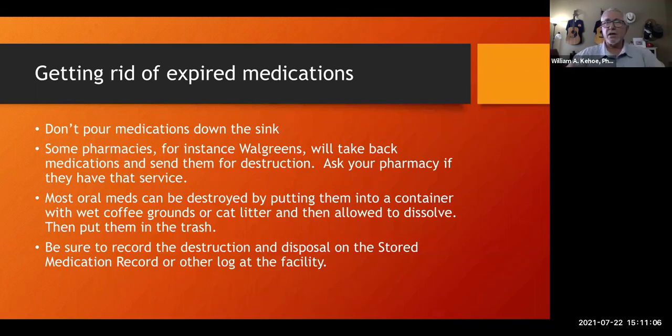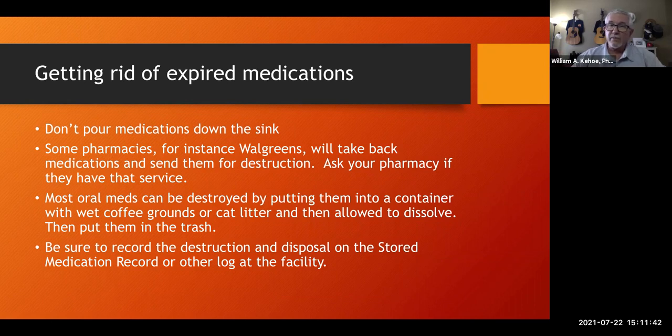We recommend that you not keep old controlled substances around in your facility or in your own personal home, because it's one of the ways that some people have been exposed to prescription narcotics and then ended up having trouble with it. And I can tell you that in my own home, someone tried to pilfer some post-op Vicodin that we had in our medicine cabinet. So it's actually happened to me. So we recommend that you don't keep those things around,